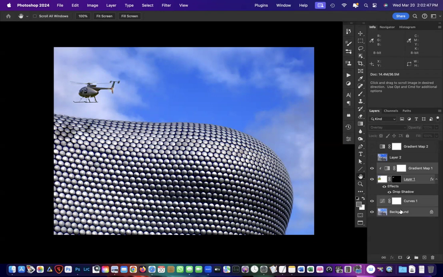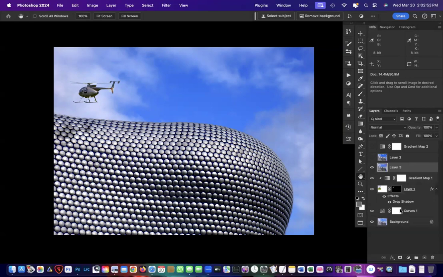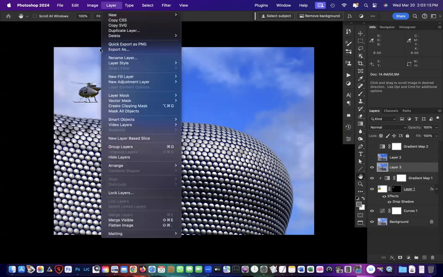And then I went to Command Option Shift E. And that makes another layer with all those in it. So basically, this is the same as everything that's underneath it. And then I took that because I wanted to work it up a little more,